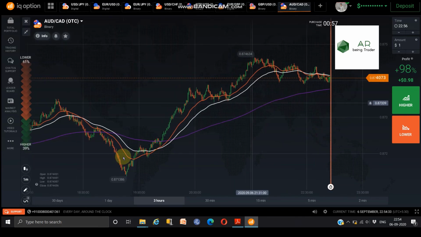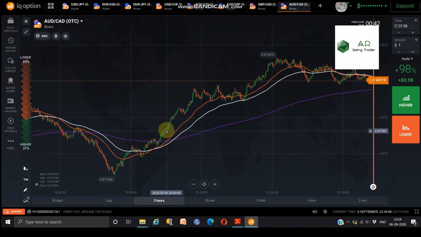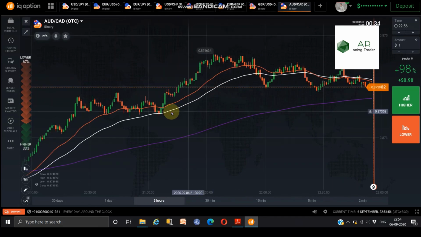Remember this. Many traders in stock and forex will enter at this point, at the 50 cross. Actually, many people keep it as 21 and 26, so I also keep it as 26. So here the people will buy, because of this crossover they will enter, and you can see the profit that they gain.